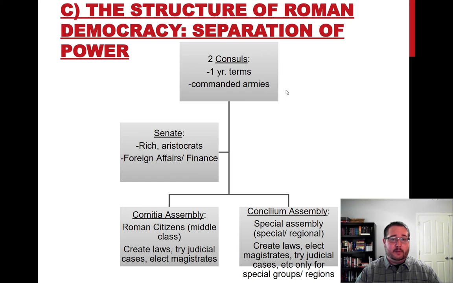And what's really interesting about this is the early Romans were fearful that if there was only one major general, one commander in chief of the armed forces, it would be easy for that individual to usurp power and take control of the country, creating a kingship or a military dictatorship. So instead, there's 2 of these individuals who are constantly vying for power and control, and they have to re-up their term every single year, and so they have to perform for the glory of Rome, expanding territory, etc.